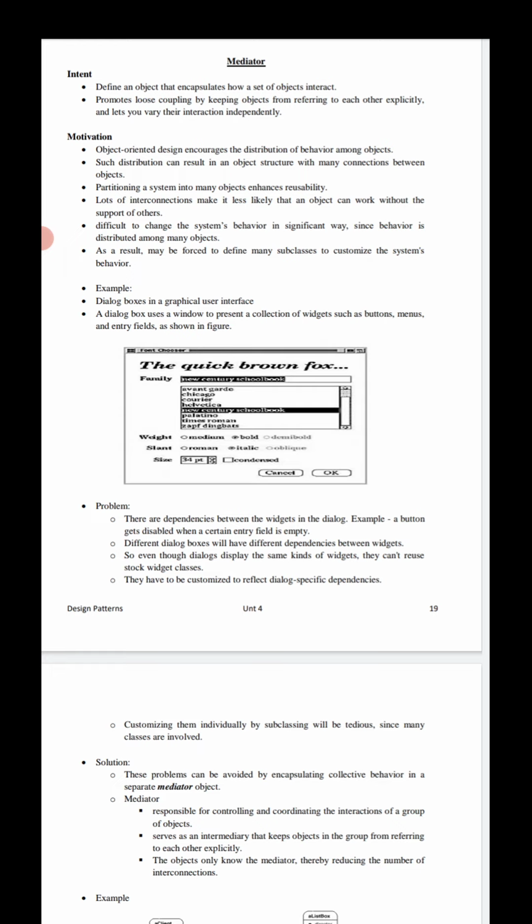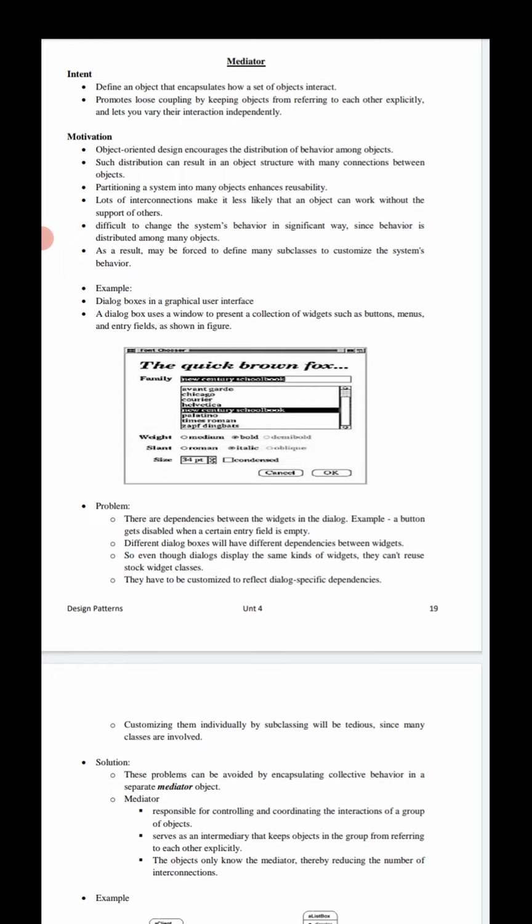Typing some text into the entry field might automatically select one or more corresponding entries in the list.